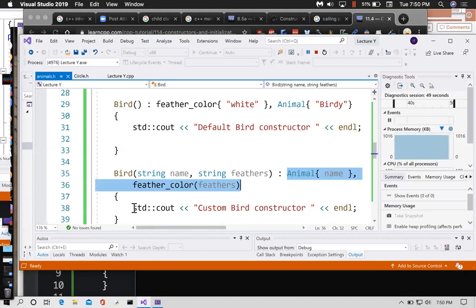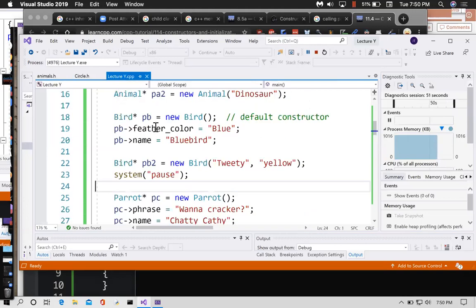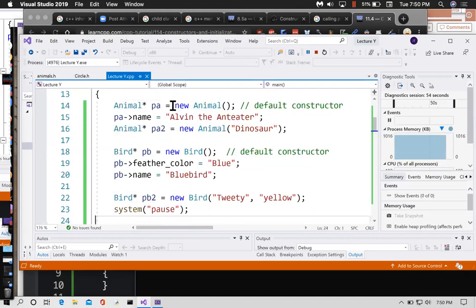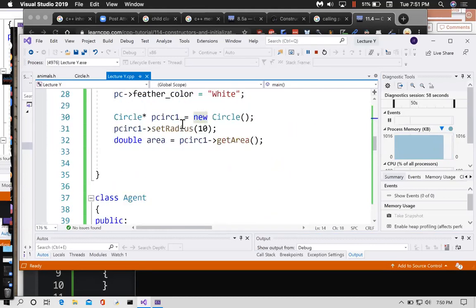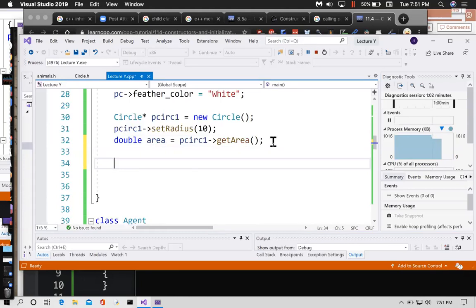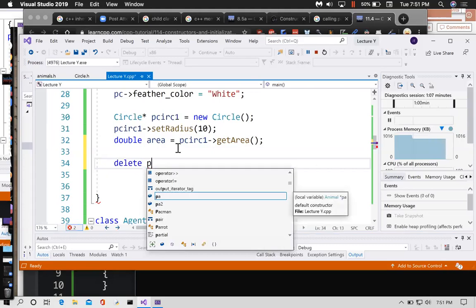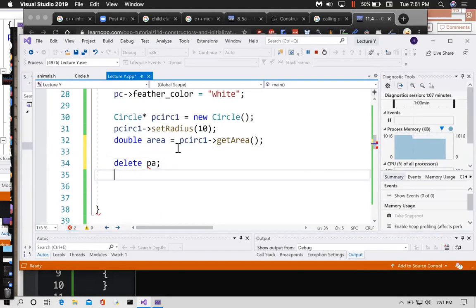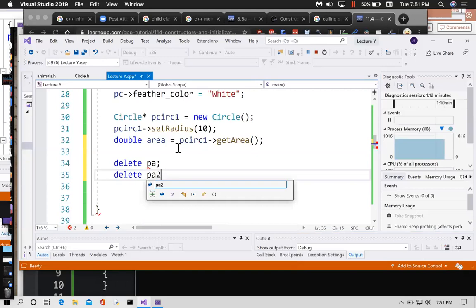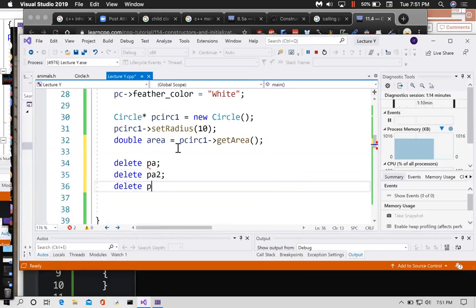All right, no more constructors. If you allocate RAM with the new command, you're supposed to delete the RAM before your program is done, or I should say when you're done using it. Now we've created several different objects, but we should delete animal PA, we should delete PA2, we should delete,